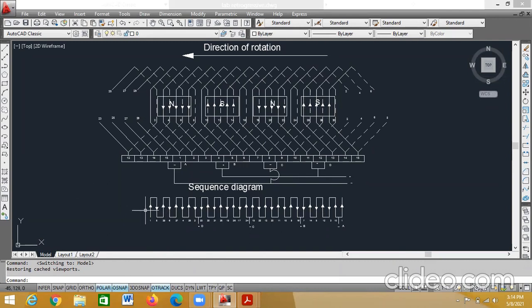Okay. In sequence diagram, be very careful. Draw all the conductors, 31 conductors, 33 mm, 1 mm distance. Then mark the YB, YF connections according to the winding table. Draw the numbering. After numbering, whichever conductors are within the poles, north pole conductors, downward, mark downward arrow here. For south pole conductors, mark upward arrow.